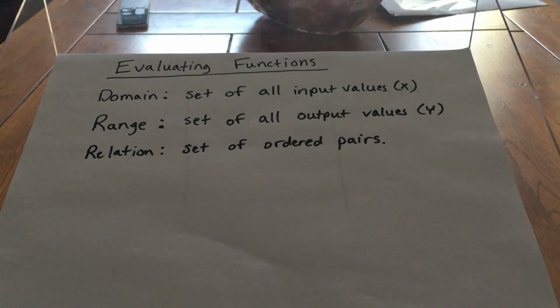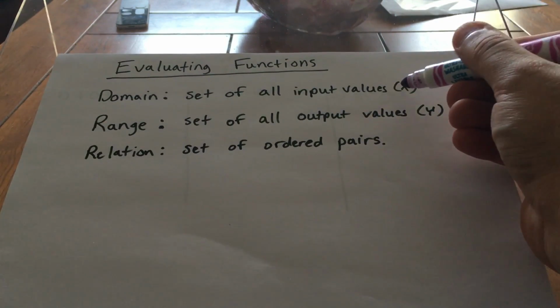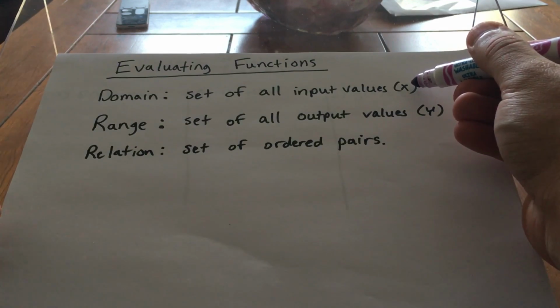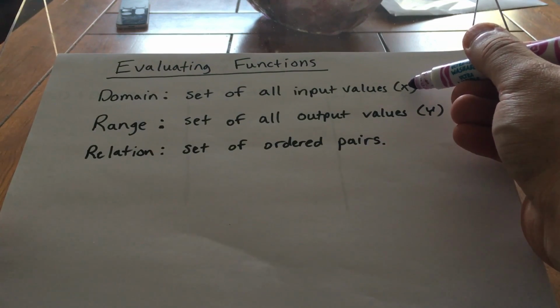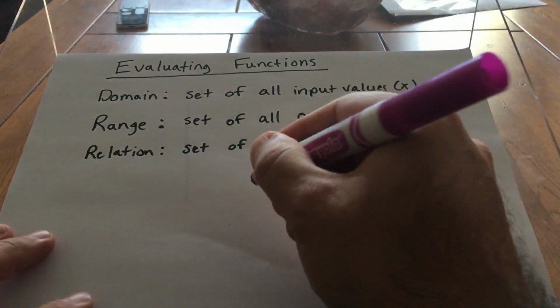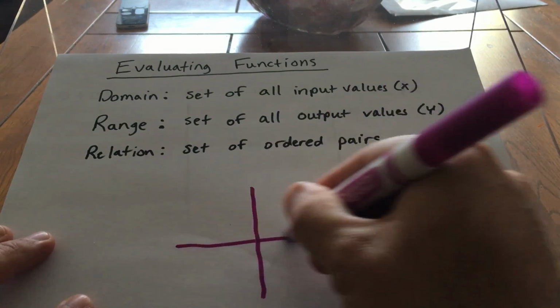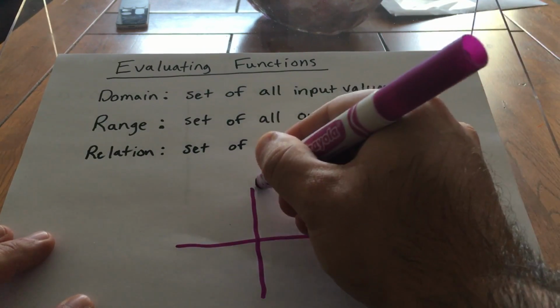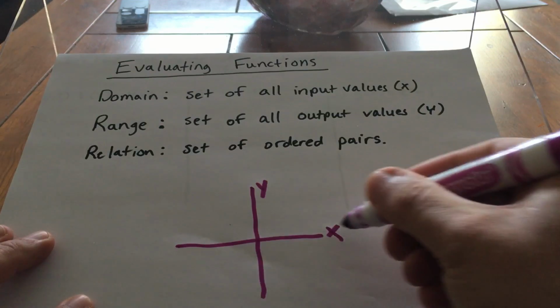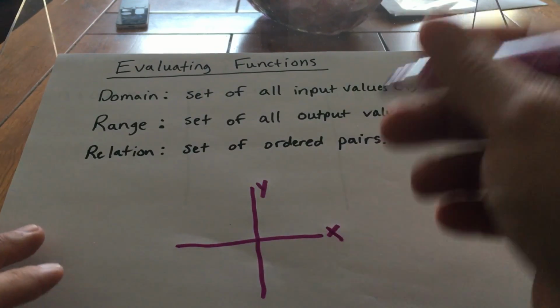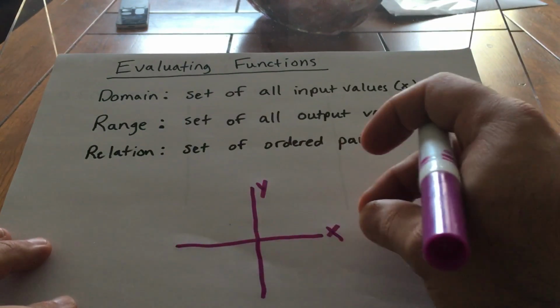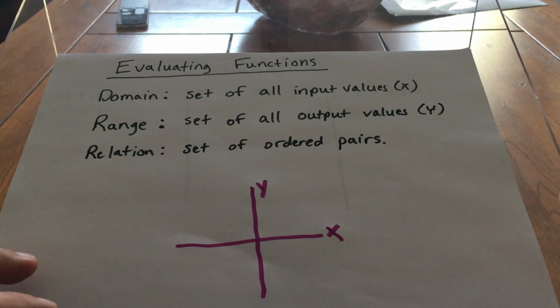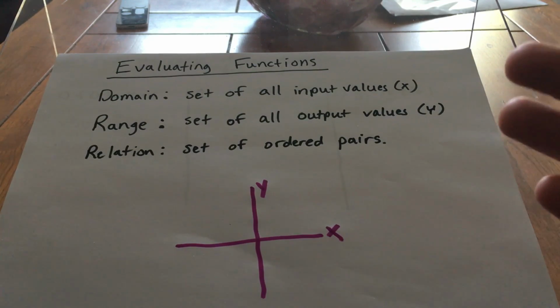All right, so the domain is the set of all input values. Now, when I say input values, 99% of the time we're talking about x values. When you think about the xy coordinate system here, the input is always along the x-axis. Okay, the input values, that's the distance right or left on this graph, but it's not always represented with an